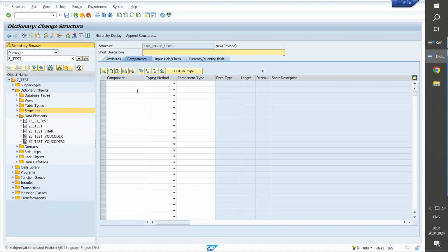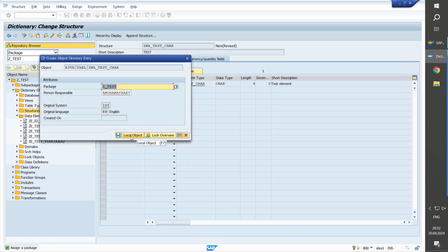Name. Element name in component type. Component name I choose, for example, test char, and we see type and short description. And we can activate. You can choose local object if you want.